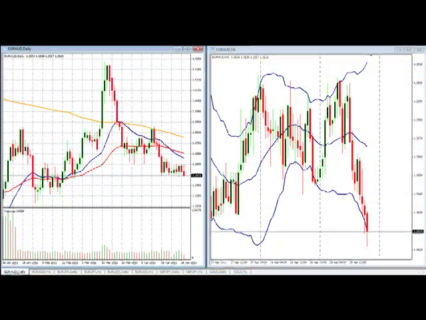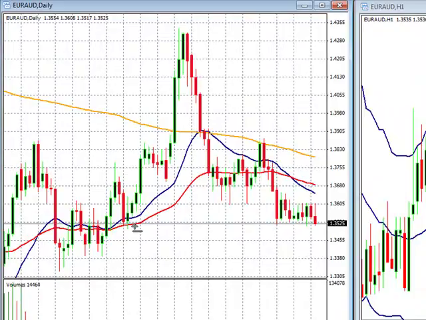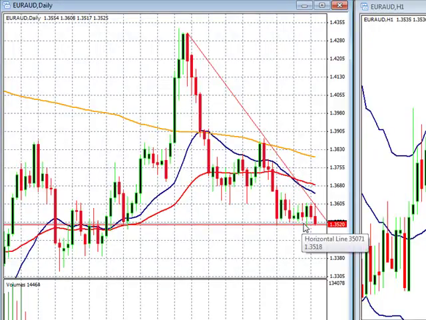Okay, so what we're watching, again, is that descending wedge pattern, which is right around here. There's our support, and we can take our trend line and draw it around here. And actually, you can kind of see that our entry was 1.3530, and we're a little bit below that, but we're only 2-3 pips below the entry, so I don't think that the trade is over, but it